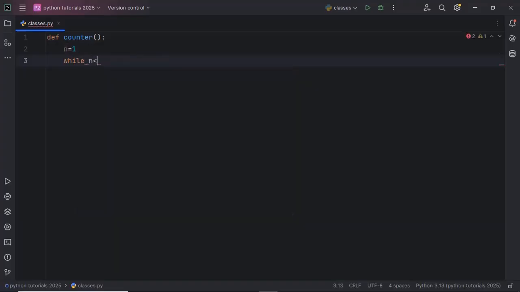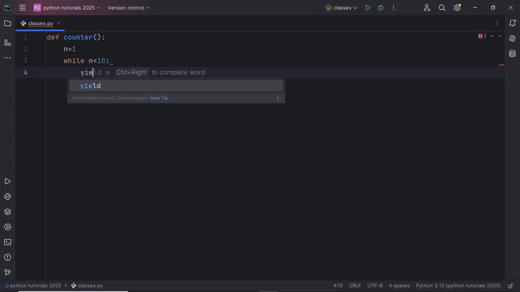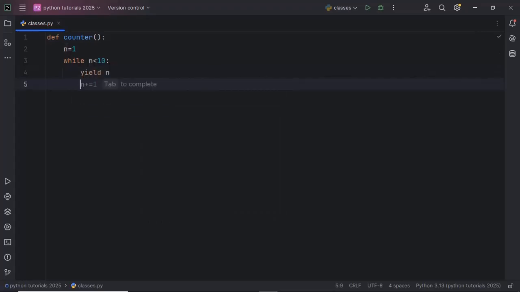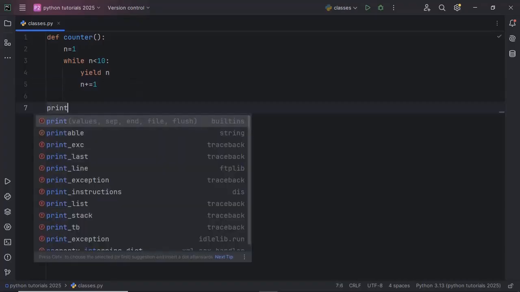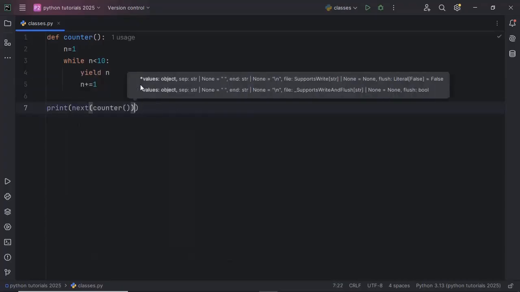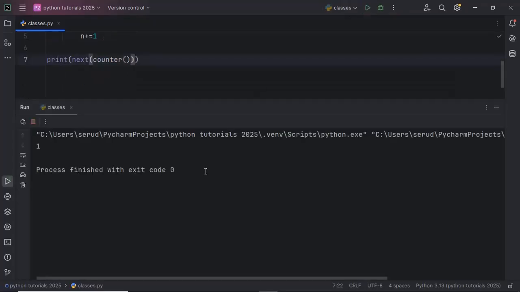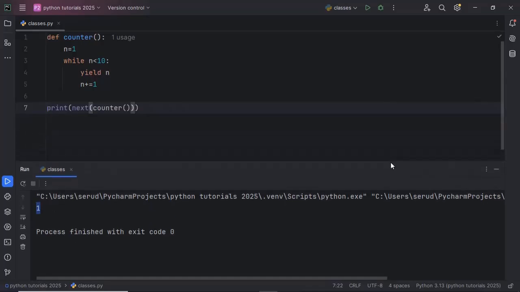while n is less than 10. We want to yield, so it uses a yield keyword, and we add 1 to our variable. And after that, what we're going to do is to print the counter. If we execute this, we are going to see only 1, even if the value should run from 1 until 9. So the next thing we are going to do, we are going to put this also in a loop,